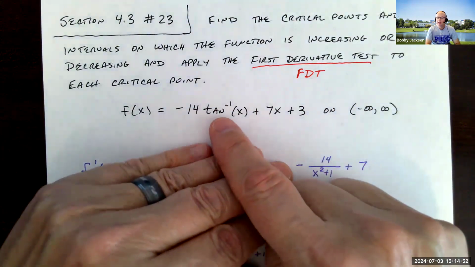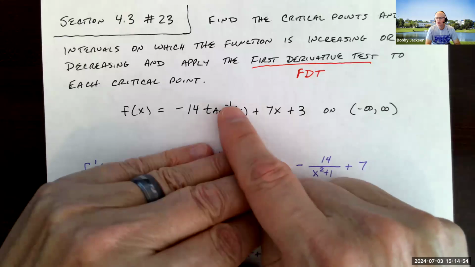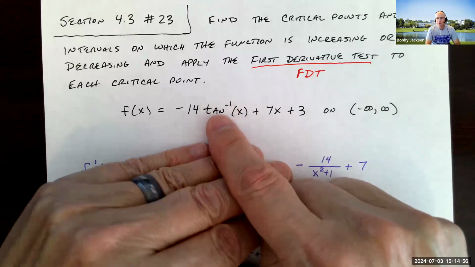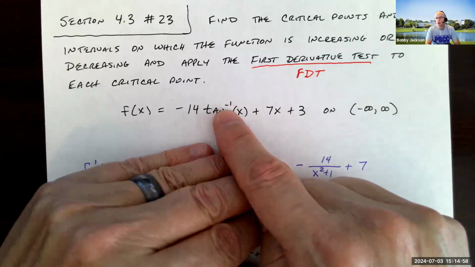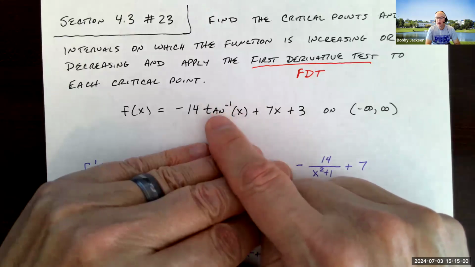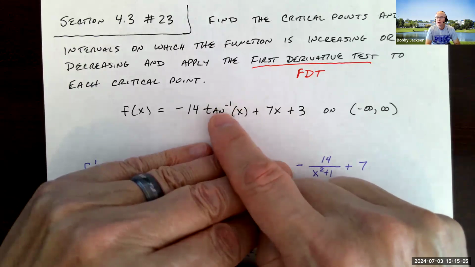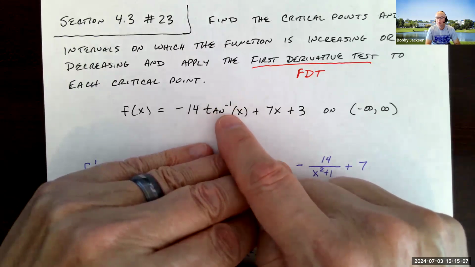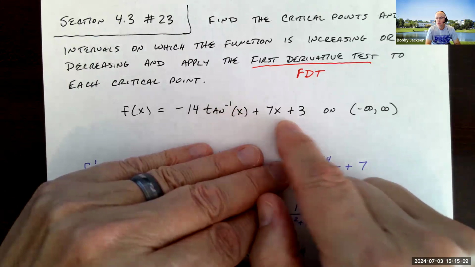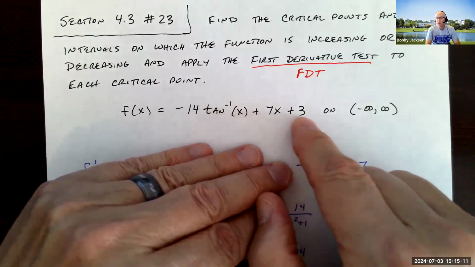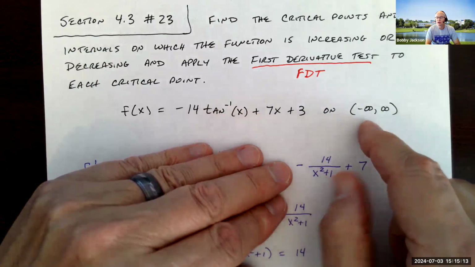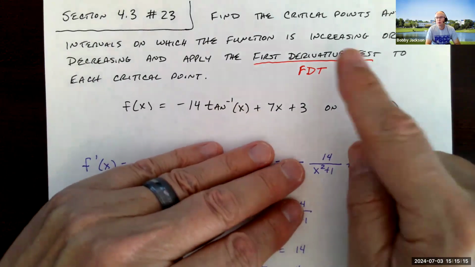Notice this is not the tangent function, but it is the tangent inverse or arctangent function. This exponent, well, it's not an exponent. It's not tangent to the -1 power. It's the inverse of the tangent function or the arctangent function. The domain of the arctangent function is all real numbers, and of course the rest is just a polynomial, and so therefore the domain for this function is all real numbers, which is important when we're talking about critical points,